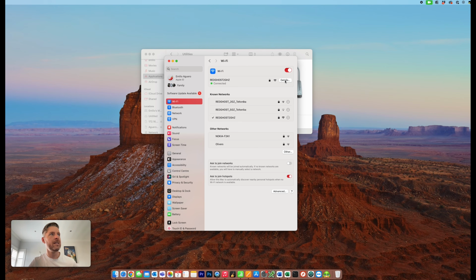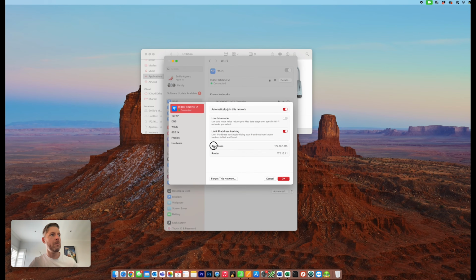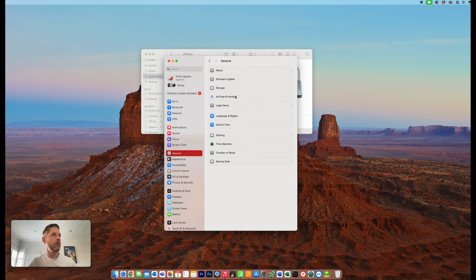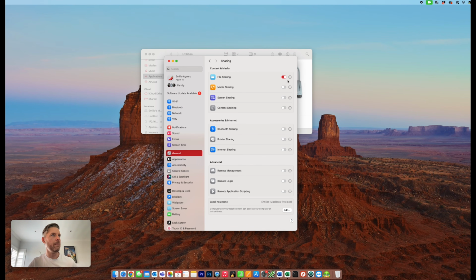I can click on details, and this is my IP address right here, 172.16.1.115, and we can change it if you want to, but that is your IP address. You're going to need to know your IP address to be able to really connect to your Mac. Okay, so if we cancel out of that, go back into general, back into sharing, and then the I